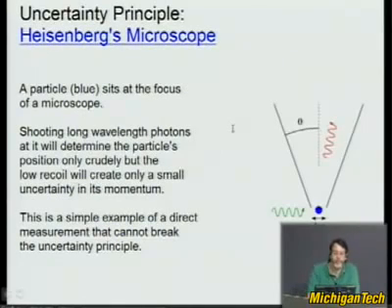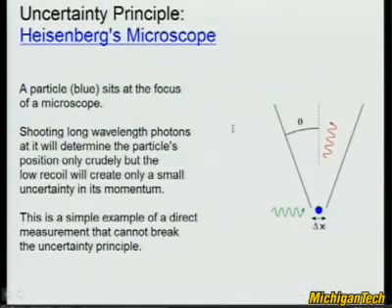Okay, so let's start with Heisenberg's microscope. So Heisenberg considered this when he was formulating his uncertainty principle, which is probably one of the most profound statements in physics. So one way to think of this is you have a microscope and you're going to try to illuminate this particle here. And so the way you're going to do that is you're going to shoot, let's say, long wavelength photons at it. But what happens when you shoot long wavelength photons at it to determine its position is you find that you can't determine its position better than the wavelength of a long wavelength photon.